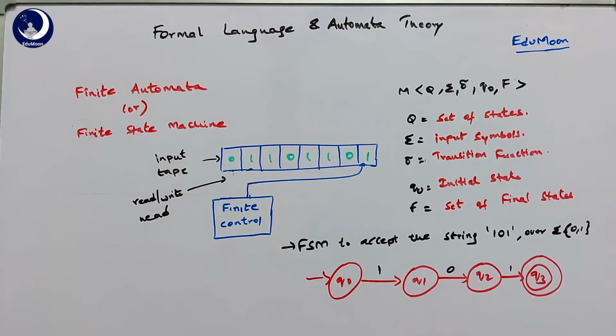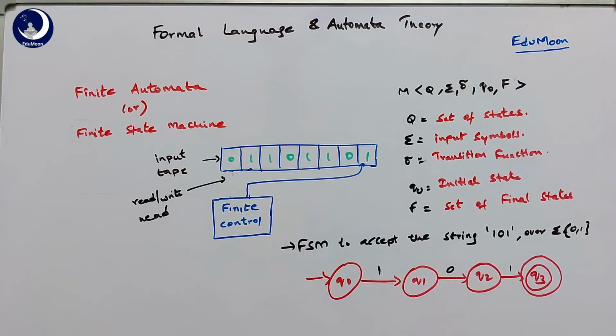No other combination is allowed in this machine, because if you start with a 0, we haven't given any transition here for Q0 on 0. So if you simply ignore that, it's like a dead state. Even if you write another state, that will be a dead state, that is, it has no outgoing transition, such that if any state is transferred to that state, we are not going to come back out of that. That is called a dead state. So here 101 is the only string that is accepted by this machine.